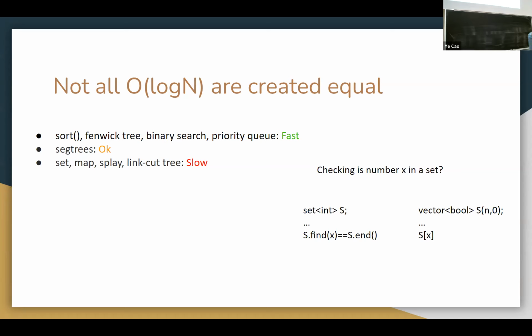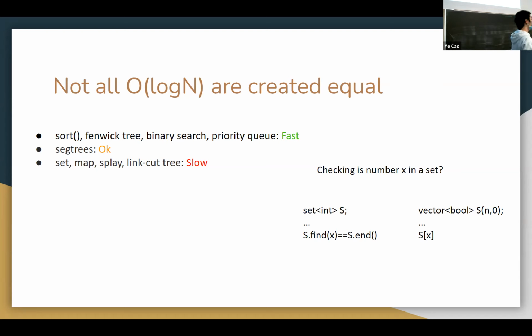Okay, let's, yes, Peter. You mean, like, should we use the Boolean one or just that? Or is that what you mean by first and second approach? Say there's a subtask in your program. You want to check if number x is in a set. Okay, I think the second approach, the vector Boolean model, would be faster.